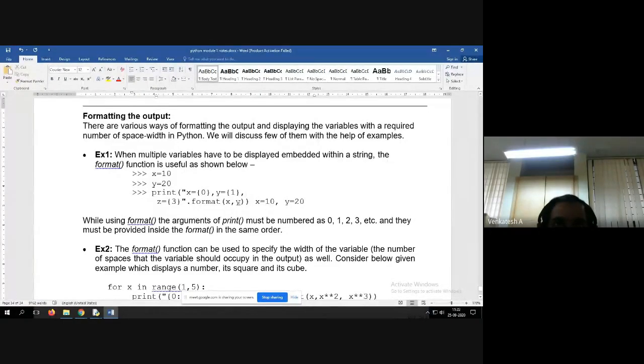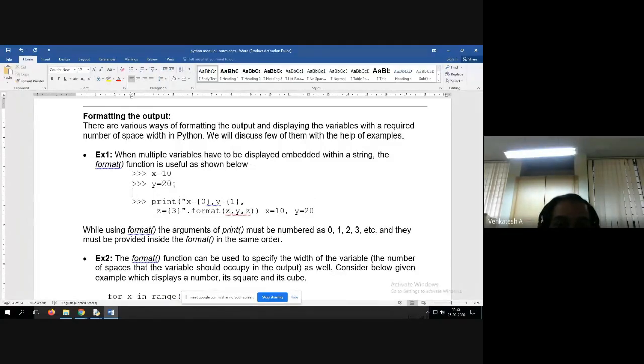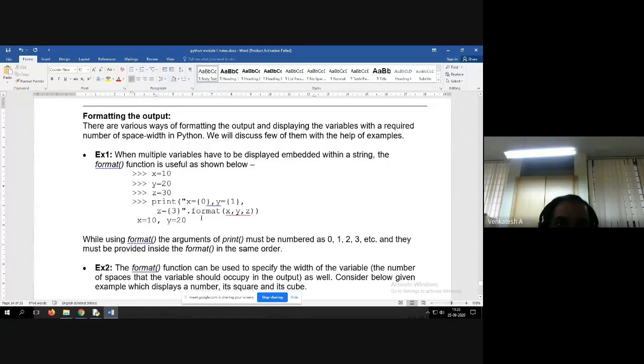Then format x comma y comma z. So then it will display. So here I assume we have z is equal to 30. Then it will display x is equal to 10, y is equal to 20, and z is equal to 30 like this.